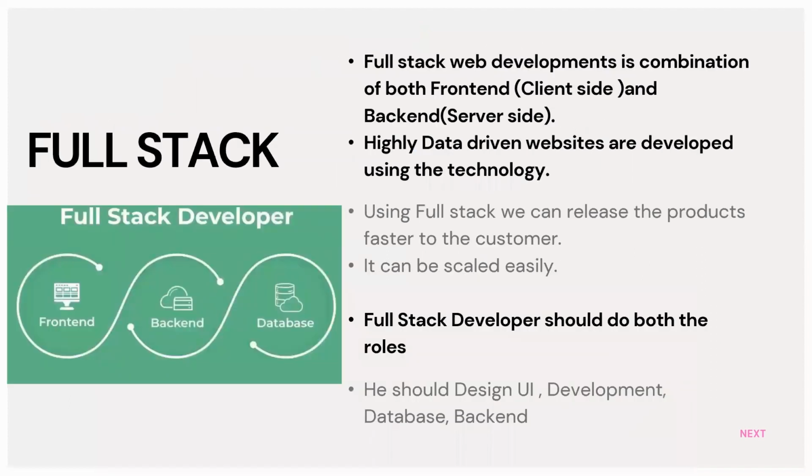Full stack, as my friend already stated, comprises front end, back end, and also the database. Here, the front end refers to the client side, and the back end refers to the server side of an application. The database stores and retrieves the data which is required for the functioning of the website. The full stack is used to develop highly data-driven websites